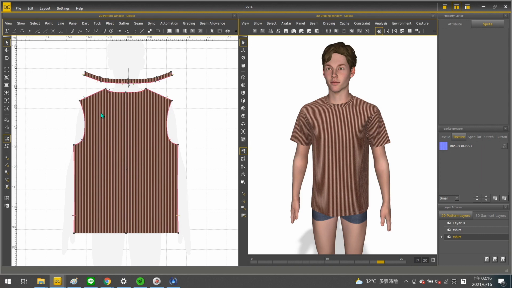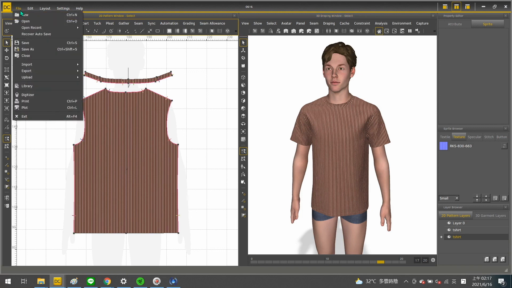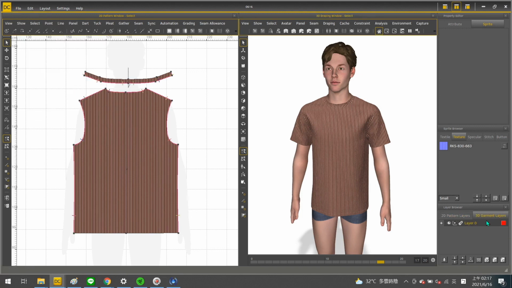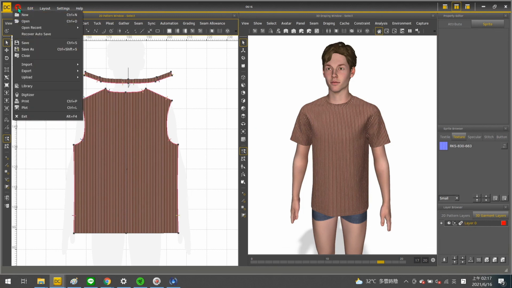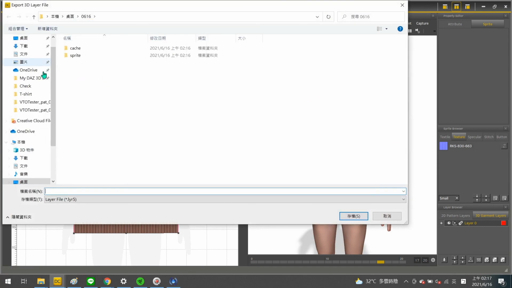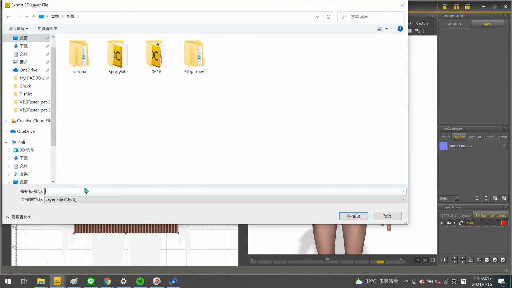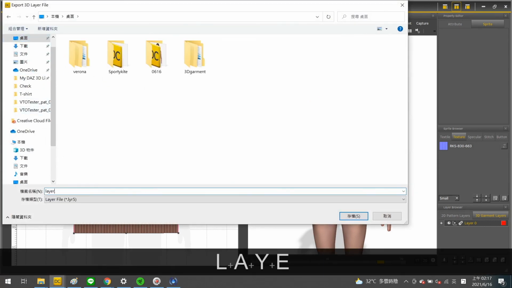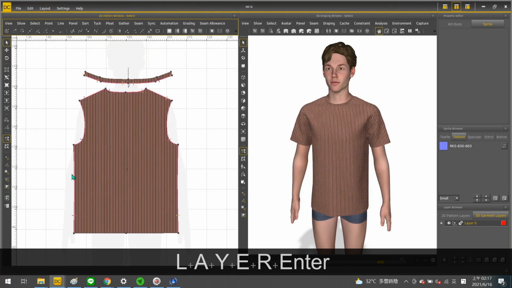And there is another format to save a garment. It is called Layer 5. The path is File, Export, Layer 5. With this format, only the garment and used materials are saved, and it can be imported into any project file independently. Let's try renewing the project again and import it.